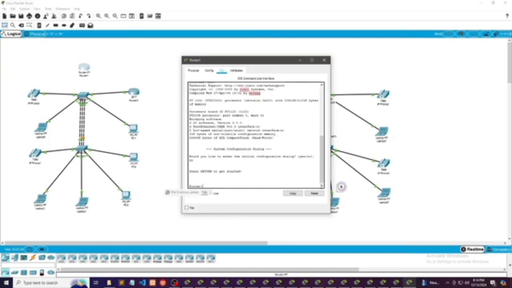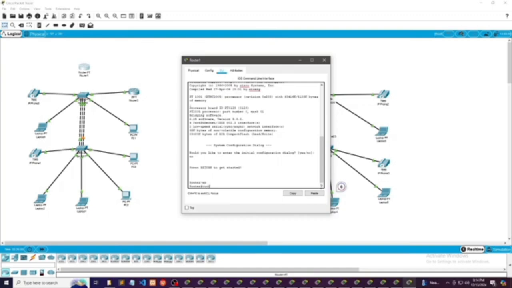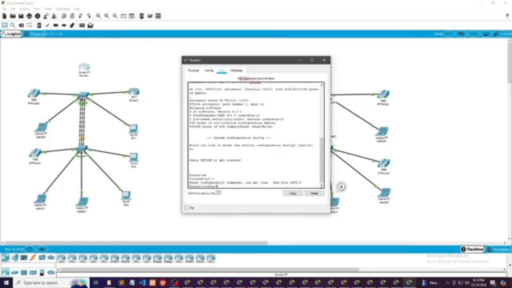So, type en, then enter, type no, first type no, then en, after that conf t, and then config t, then enter, then host router will enter int f0/0. After that, enter.